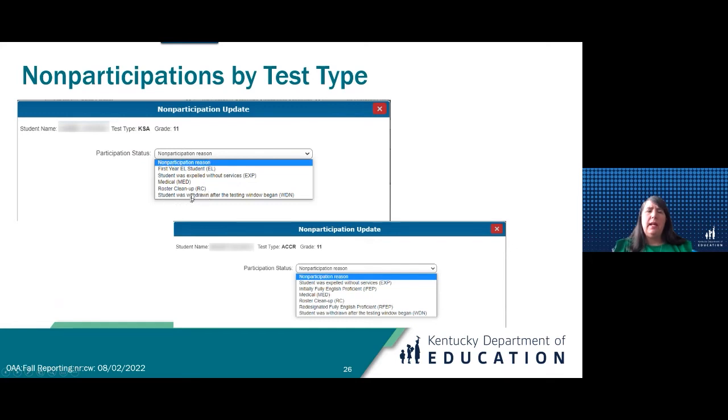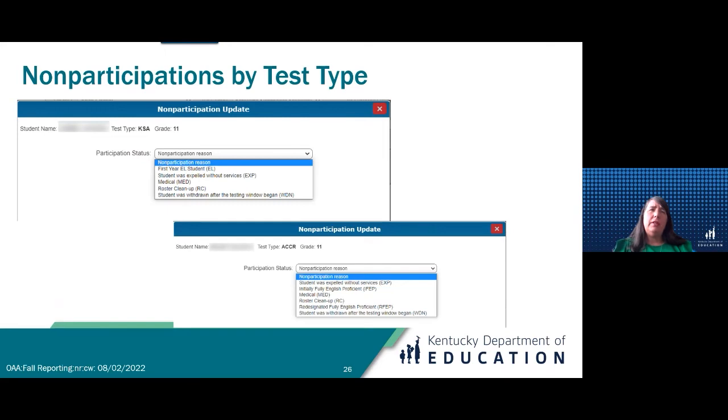Another thing is that, for an example, if you didn't clean that student off of the KSA roster, because what you were supposed to do back then, if you had a kid who participated in alternate assessment, they should be on the alternate KSA roster and not on the KSA roster.